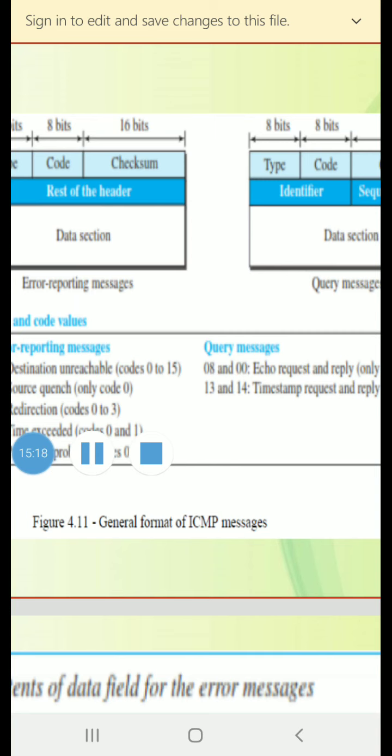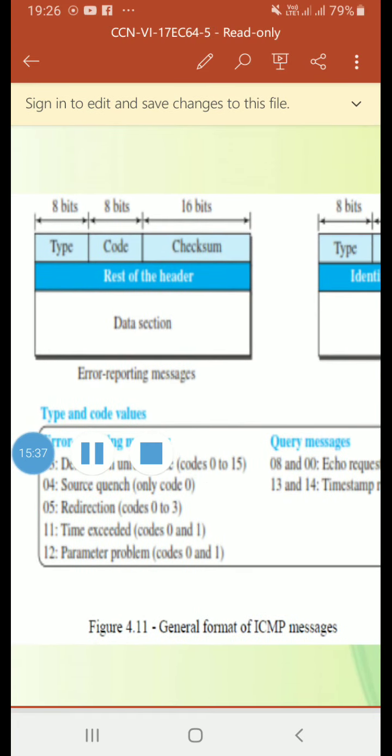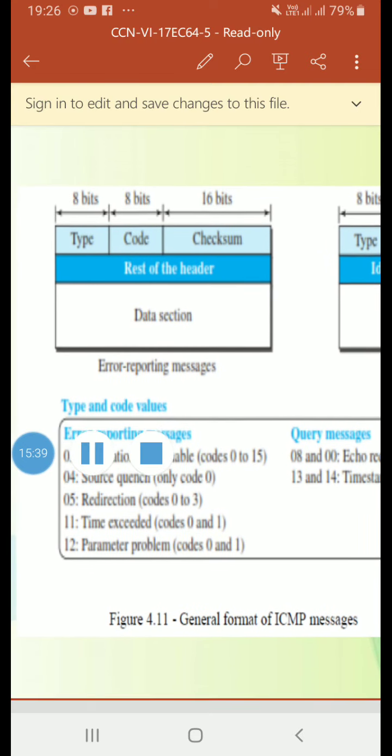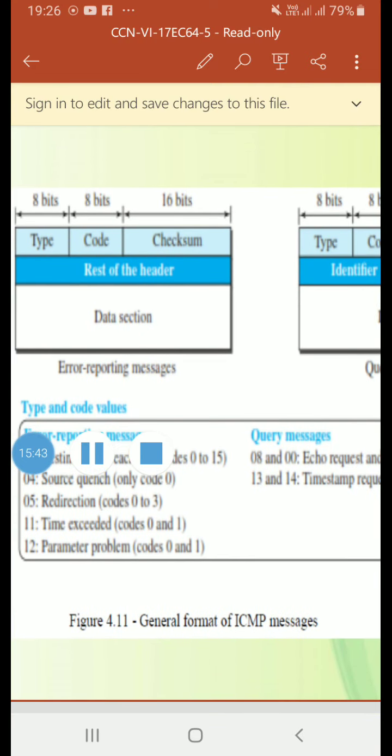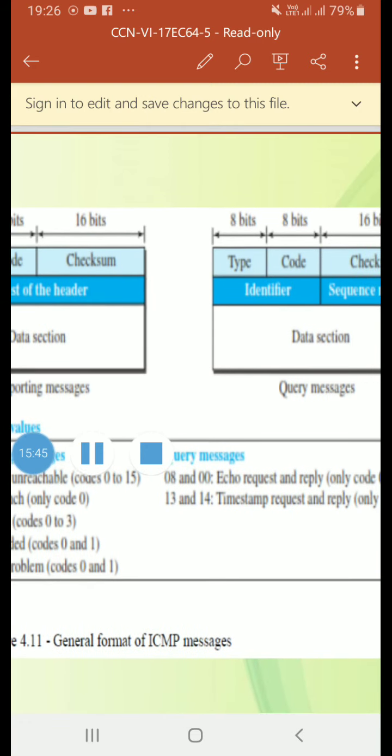An ICMP message has an 8-byte header and a variable-size data section. The first 4 bytes are common to all, even though the general format of the header is different for each message type.